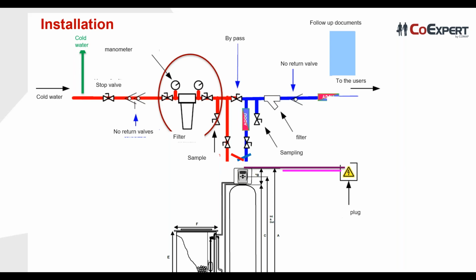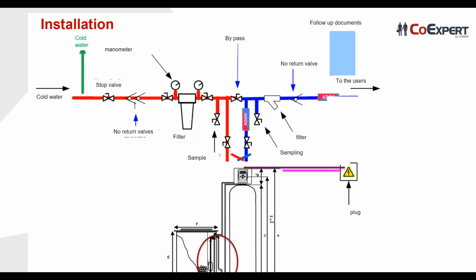A filter, in order to remove sediments. If there is no filter, the sediments will be filtered by the first bed of the resin. That means part of the resin doesn't do its job, and that also means that not all the water volume will be treated by the resin. So it's really useful to have this filter here. A bypass here, if it's necessary to do something on the softener, for example, to replace it.